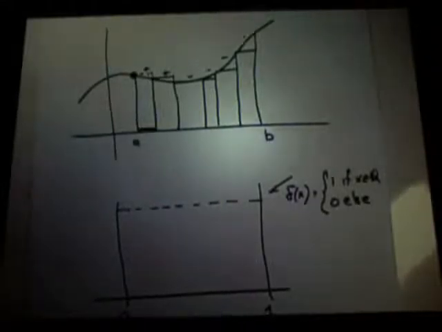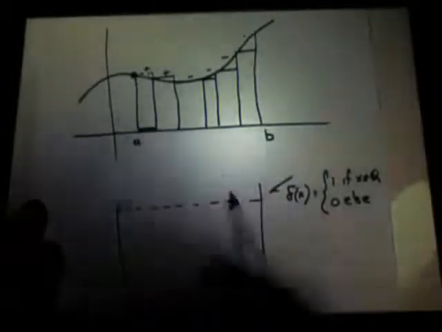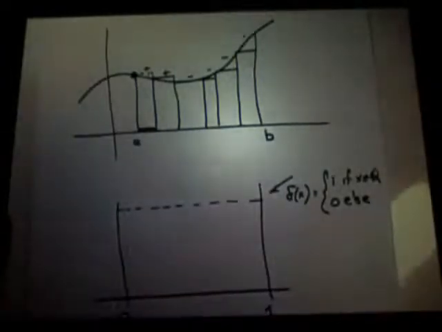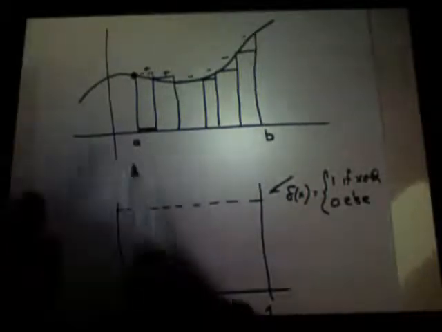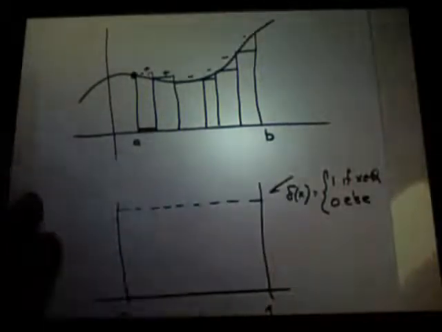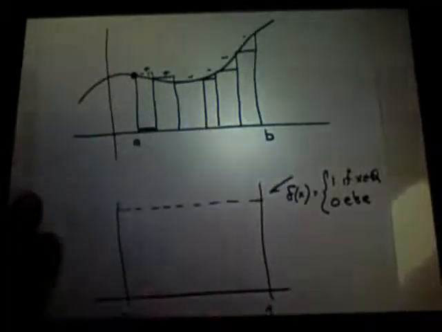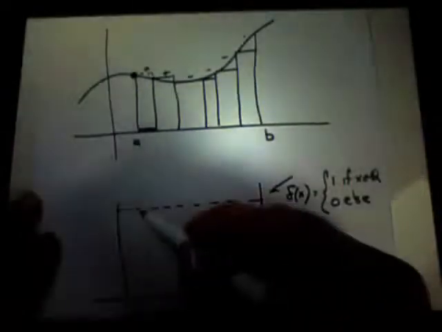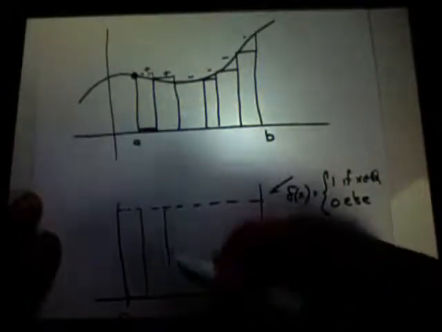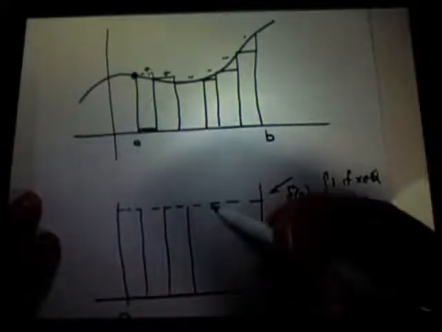Now, a common trick in calculus books is to have all the partition subintervals have the same length. So they would take b minus a over n. Instead of having random lengths here, they would have them all the same. So if I do such a partition here,